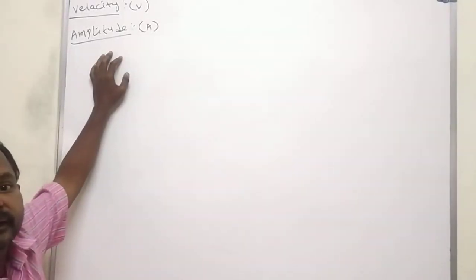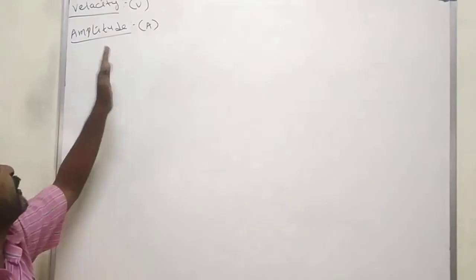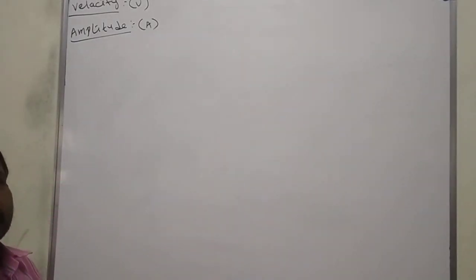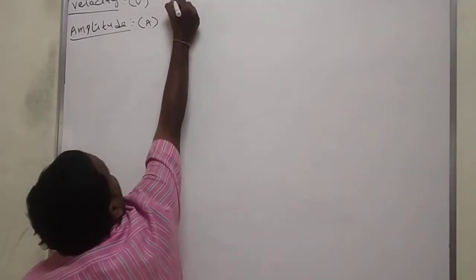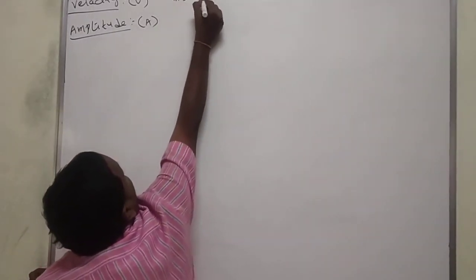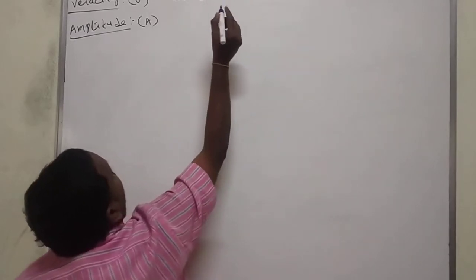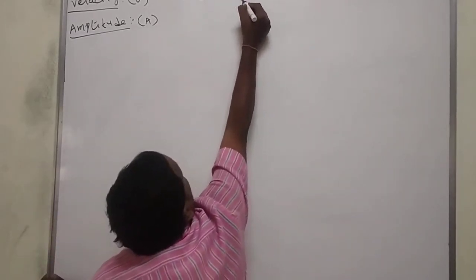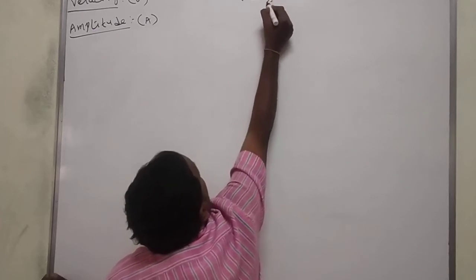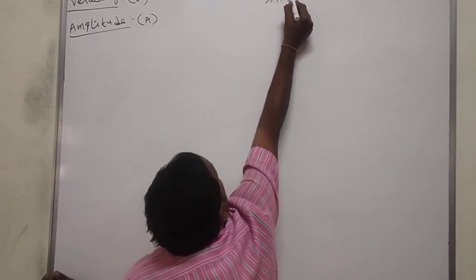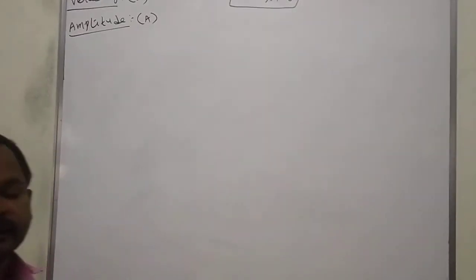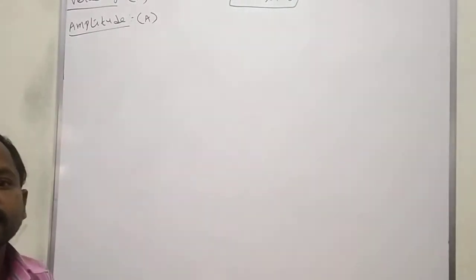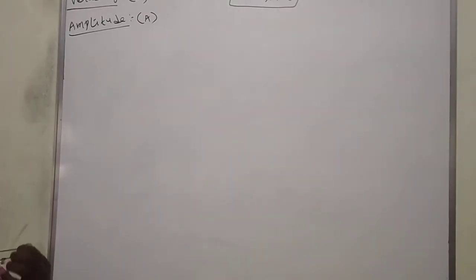The number of waves passed in 1 centimeter we call the velocity of wave. The units for the velocity of wave are meter per second or centimeter per second. Velocity of wave is calculated by using the product of wavelength and frequency. By using this principle, we will calculate the velocity of wave.